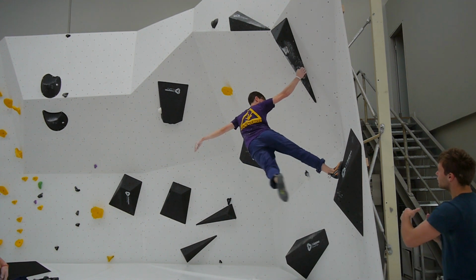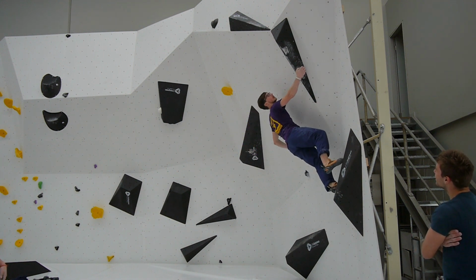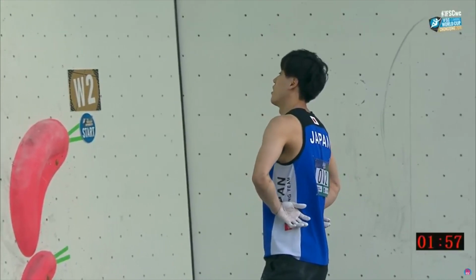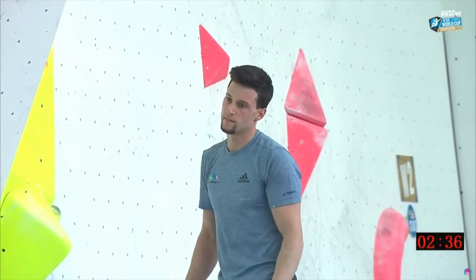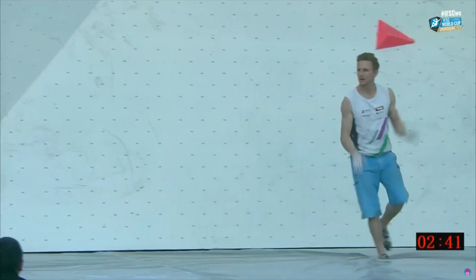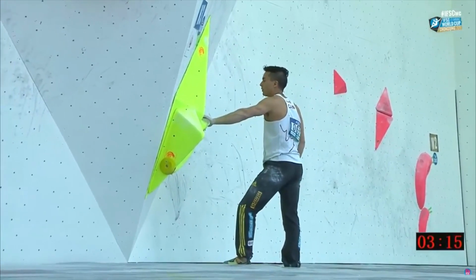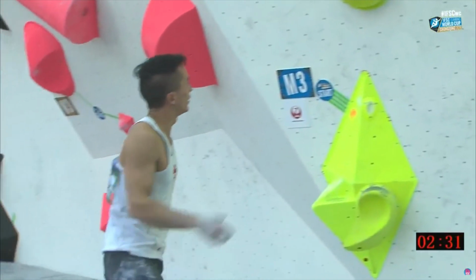Risky, complex, dynamic, sidestep, dyno to the right, smearing on the wall, not on a big volume like I do here, but everything we've seen is fail, fail, desperation, another fail. I don't know, looking at the walls, at the holes, at my hands, fail, getting angry, desperate, goodbye, disbelief, trying to solve the riddle, what's going on here, sidestep to the right, trying to get this crimp,